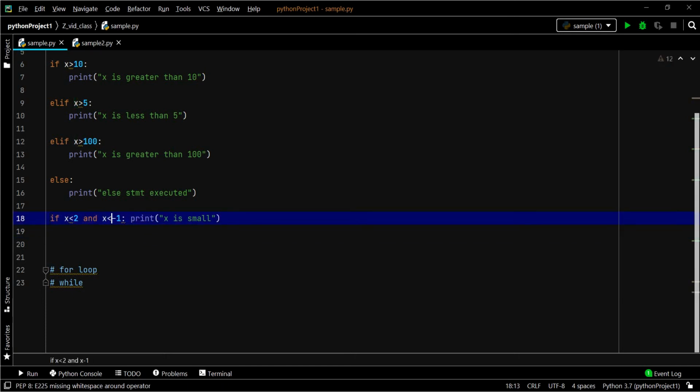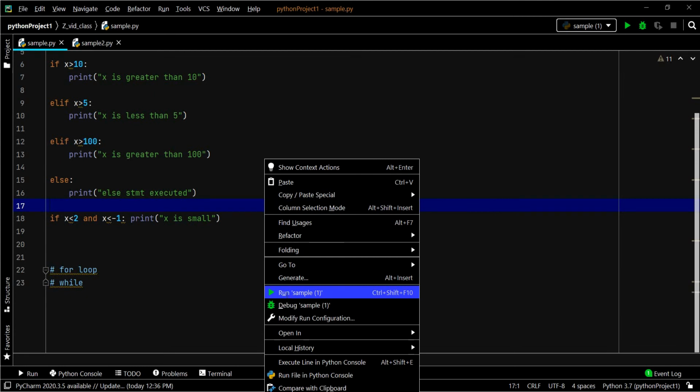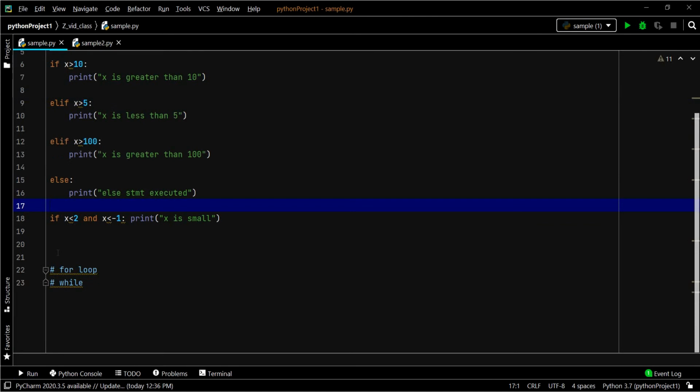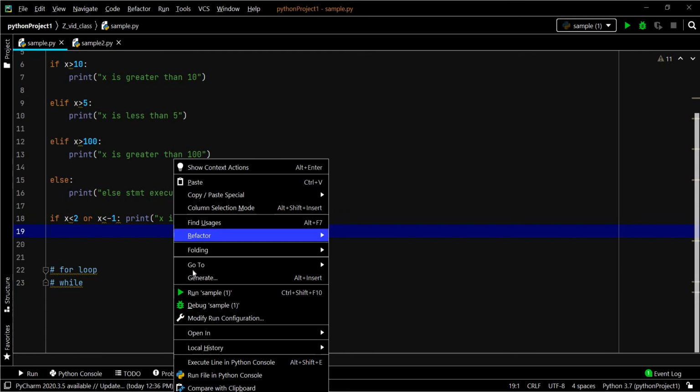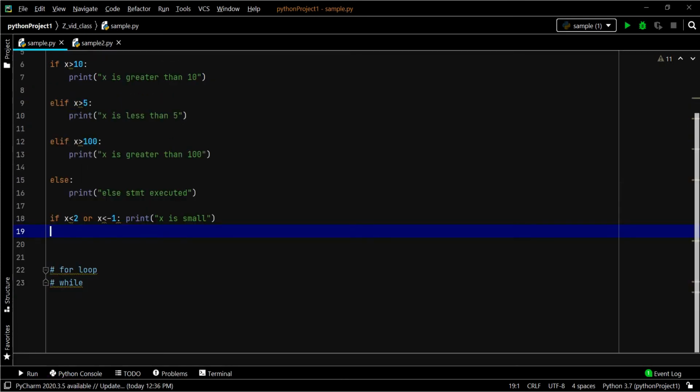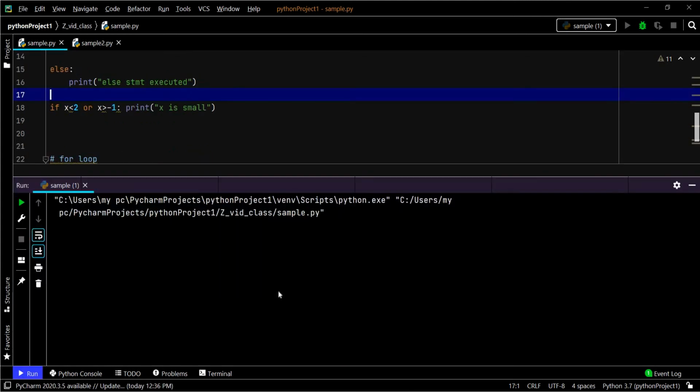Let me give less than. x is small. Both the conditions are satisfied. If you give or, either one of the conditions has to be true, either this one or this one. Now in this case it should return x is small because this condition is true. Either one of these conditions needs to be true for the or operator.